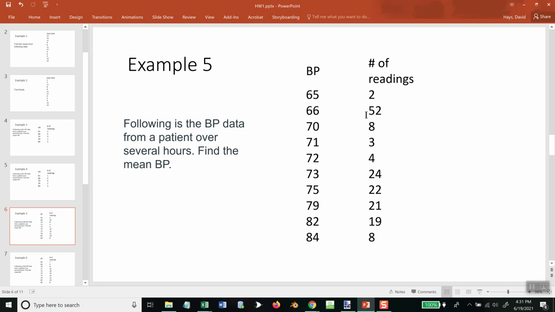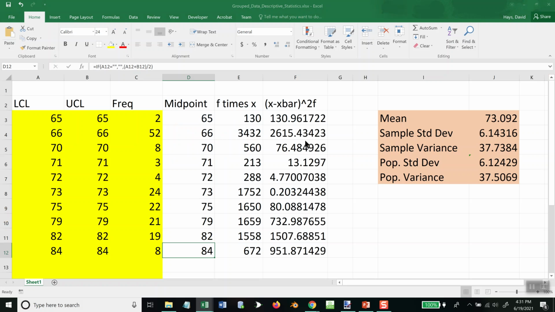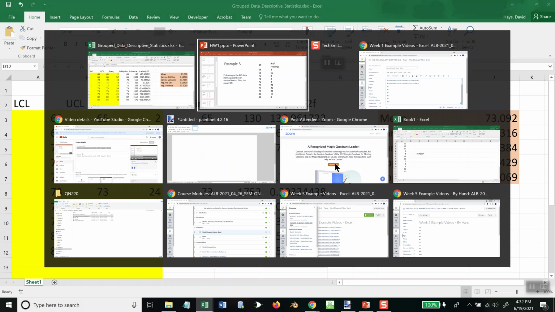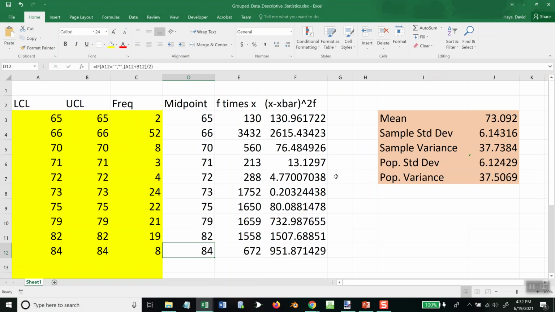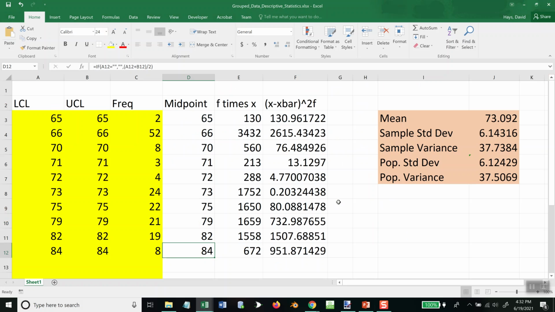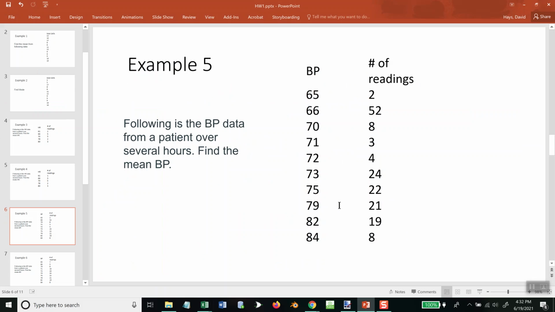Let me double check myself, because I'm not very good at typing in numbers. I mess up easily. Sorry for the flipping back and forth. Okay, that looks right. So again, if you have a single number here in your group data, then you have